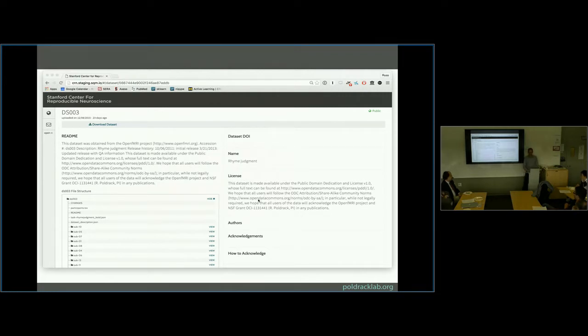Yeah, so this isn't filled in for this data set, but the idea is that we give people a how-to-acknowledge section here, which basically says, if you're going to use these data, this is how we would like you to acknowledge it. So if the owner of this data set wants to say, cite my original paper, or if they have a data paper, however they want it attributed, they can put that there. And then they can grab any part of the data set, the full data set, and take it and run with it.